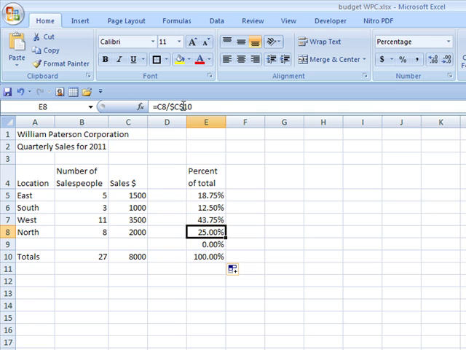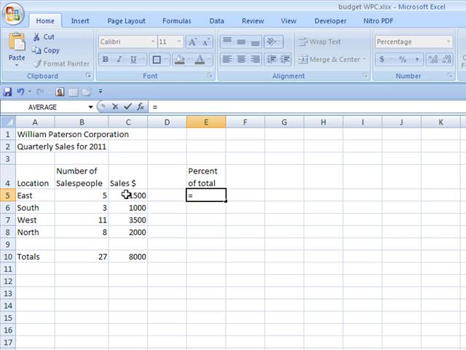Now, we put in the dollar signs. There's even an easier way to do that, and I'll show it to you. It won't make any difference, but it'll make it slightly easier for us to put in the information. If I would start again, I'm going to just erase the data that I had so you'll see what it really does. I'll put in equals again, equals C5 divided by,